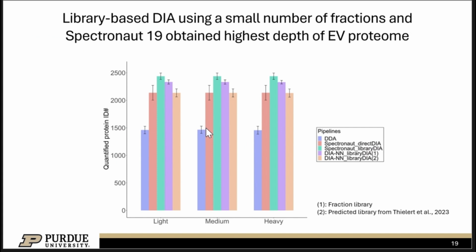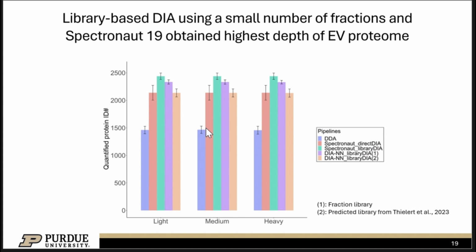After we get the EV samples, we perform different pipelines on these EV samples. There are 5 conditions we want to evaluate. The first one is the normal DDA method, and the second one is the direct DIA method using Spectronaut, and the third method is the library-based DIA using our fraction library and the search with Spectronaut. And for the fourth condition, we use the same fraction library, but using DIA-NN to do the search. And then the last one, we use the predicted library from the previous studies and use DIA-NN to do a